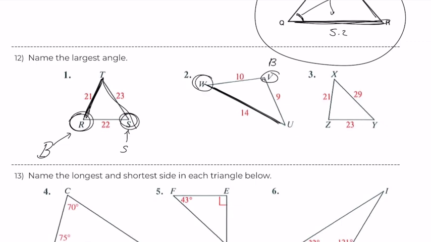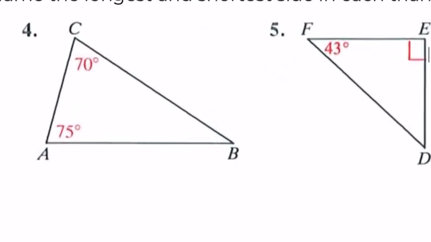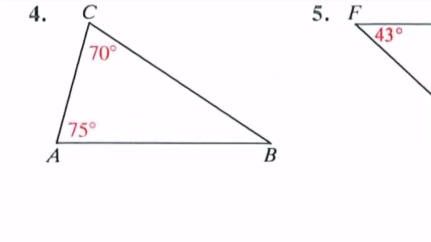Which one is my smallest angle? Well, it is the one that is in front of my shortest side. And also here I have the biggest angle that is opposite to the largest side, and the smallest angle that is opposite to the shortest side. Now for the next set of problems, that is very easy because you're experts in finding the missing angle of a triangle. And it's very easy because you just have to do